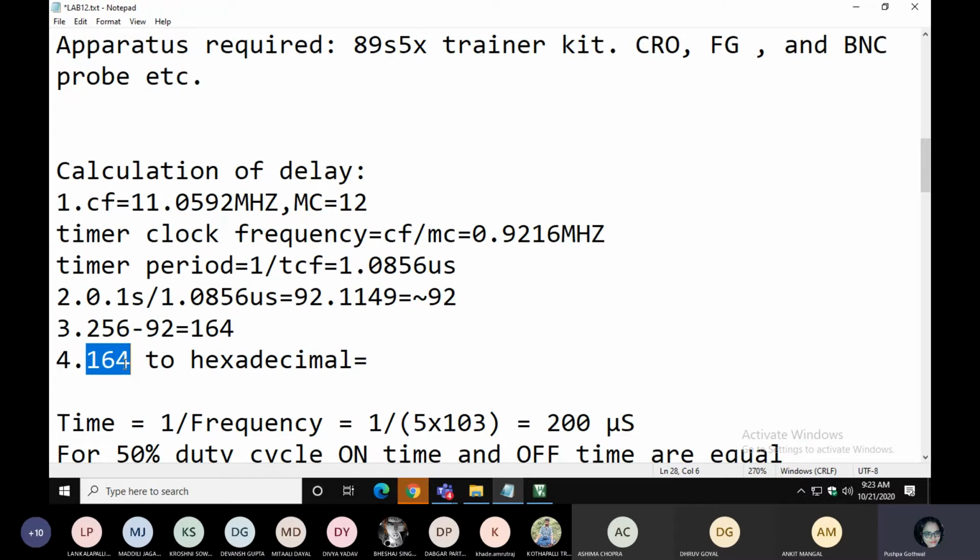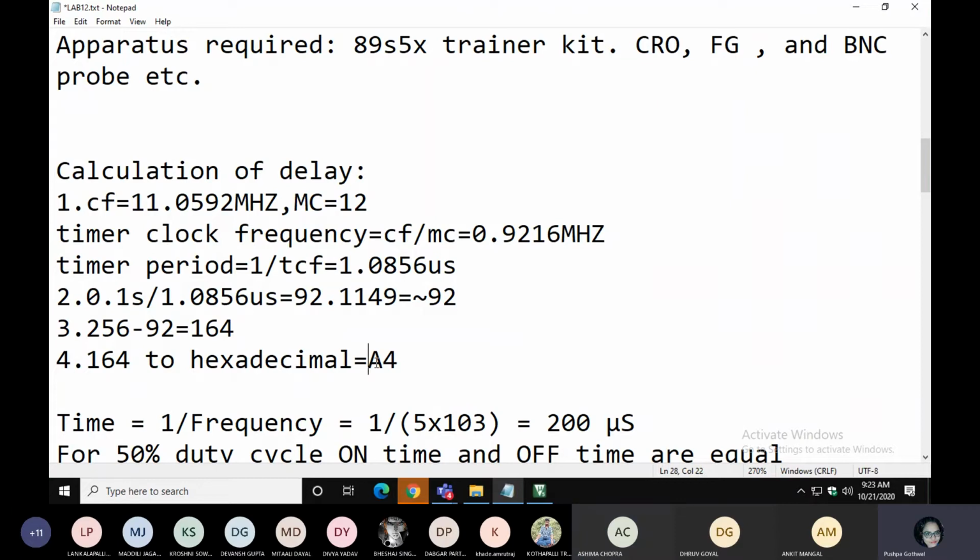Yes, what value are you getting? Ma'am, 0xA4. Yeah, it's a format. I told you 164. This 0x is the format for defining hexadecimal in your controller. Right now you are getting A4, right?